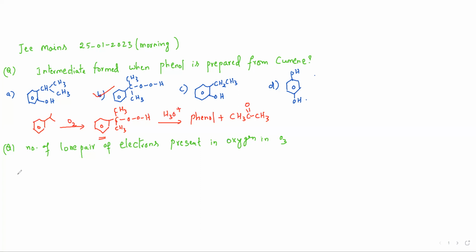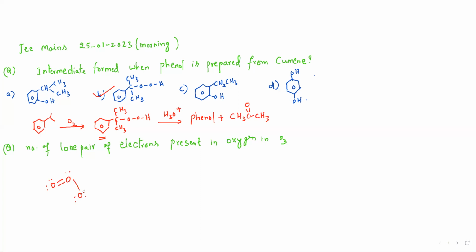Coming to the second question, which is also a very basic question. The number of lone pairs of electrons present in oxygen in O3. So the O3 molecule's resonating structure will be like this. If oxygen is connecting with a double bond, there will be one lone pair and the other lone pair might participate in